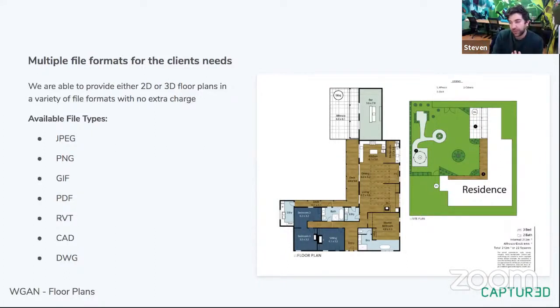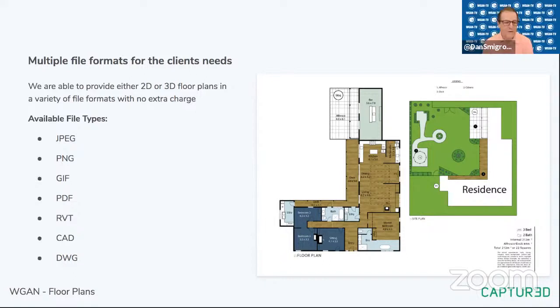The difficulty around creating a 3D floor plan, which we do under some circumstances under request, is once you start doing that, then you have to start adding the things like the windows and the doors exactly where they are. And it brings in another layer of difficulty that we've decided to just stay away from at this point in time.